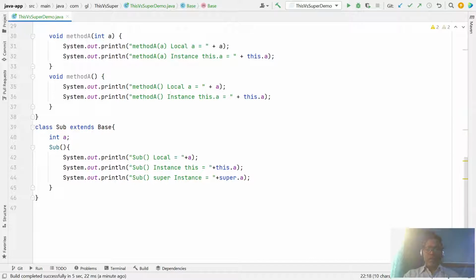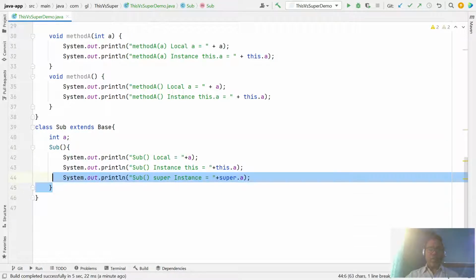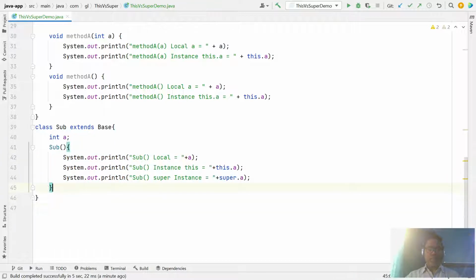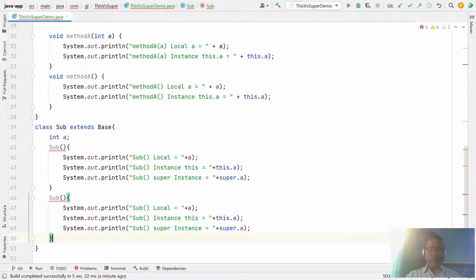One more case: let's say we have an argumented constructor, where you can define the same variable a. Now this a is the local variable, this is your current variable, and this is your super variable.